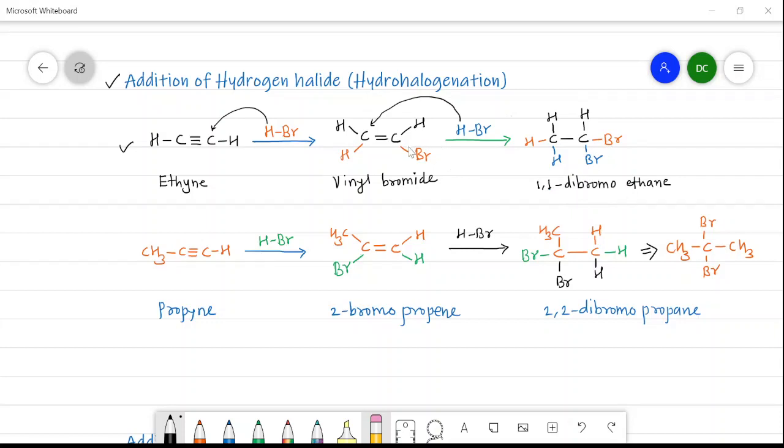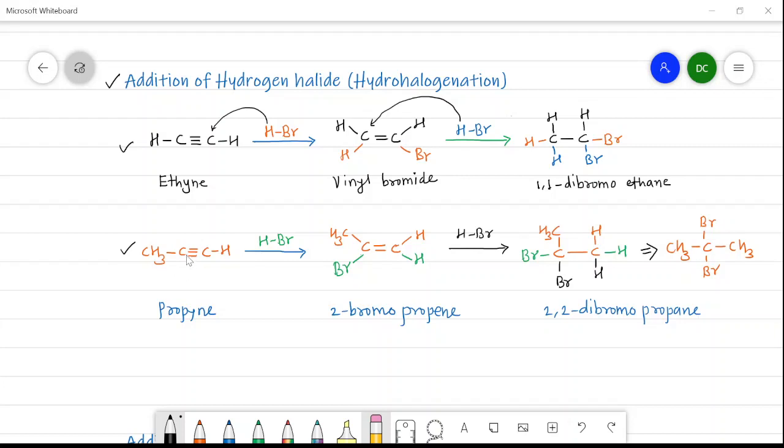The interesting thing here is that the two Br atoms, from the two HBr, are attached to the same carbon atom when there is an addition of hydrogen halide across the alkyne. So here we see CH3CHBr2, 1,1-dibromoethane. Let's see the second,